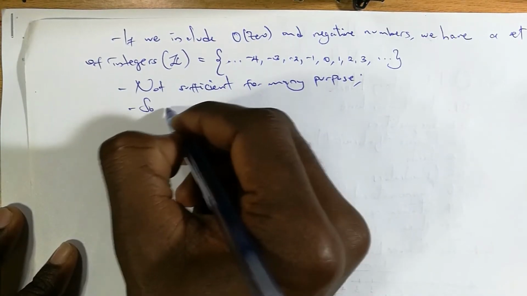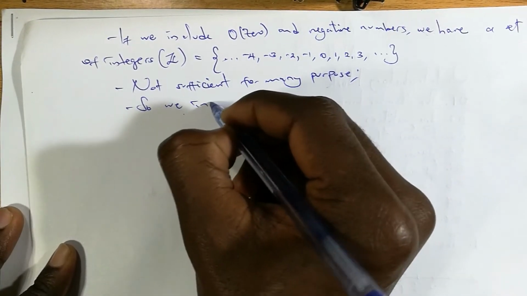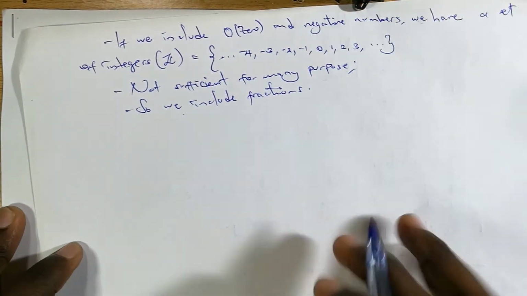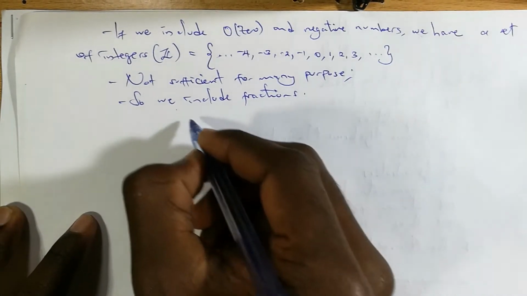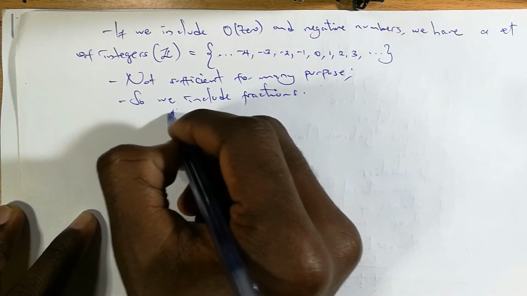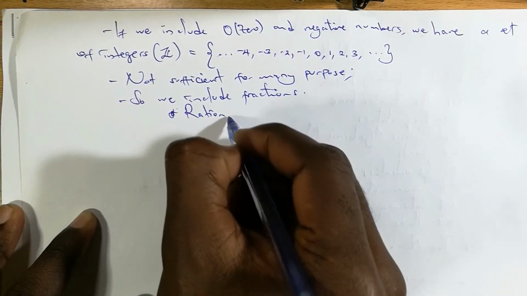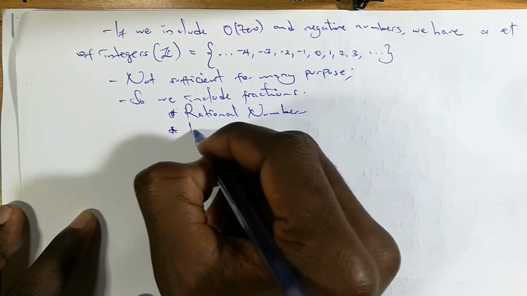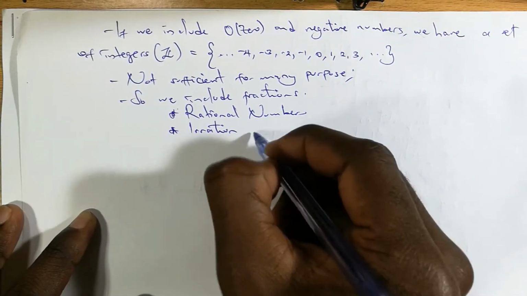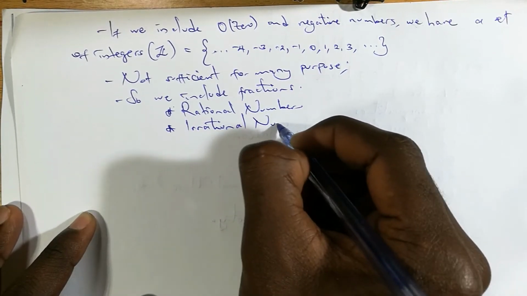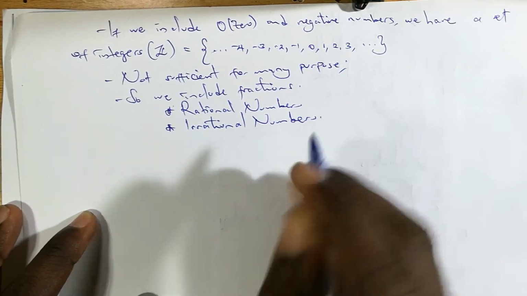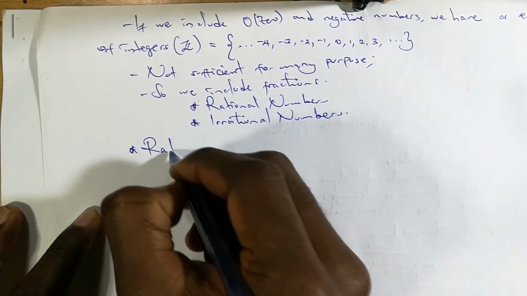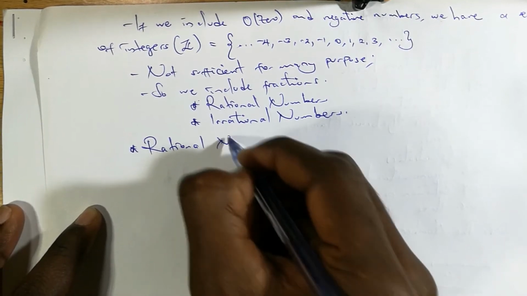So we include fractions, and these fractions are of two kinds. That's to say, we have rational numbers and irrational numbers. To begin with, rational numbers